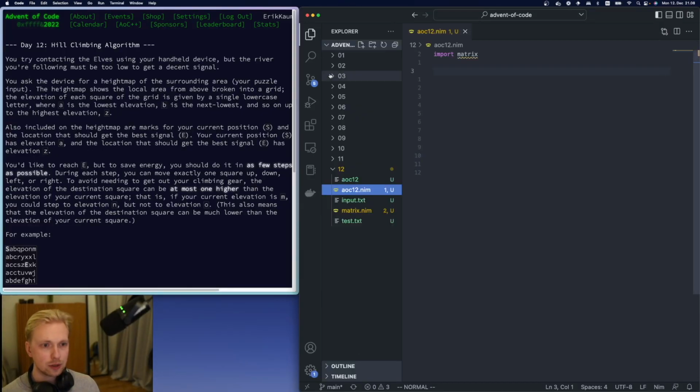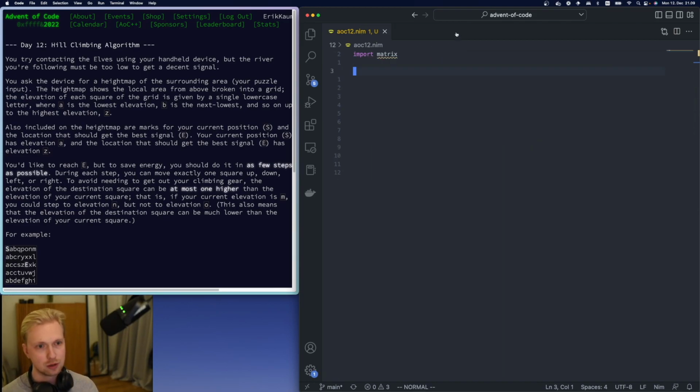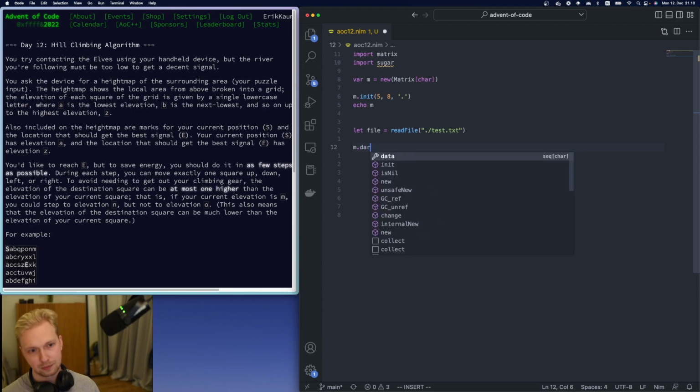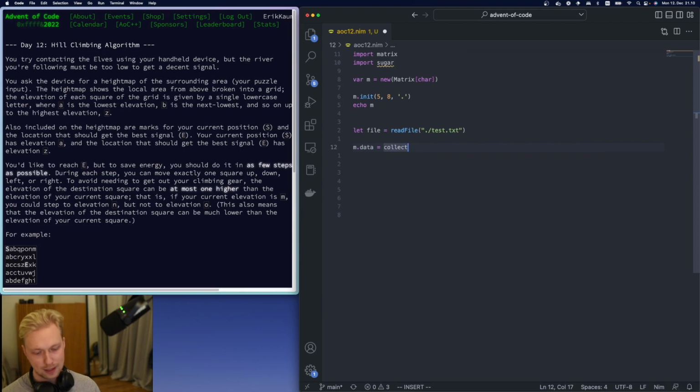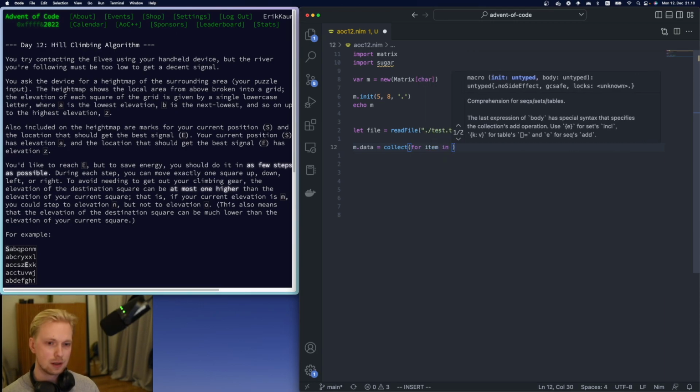Let's get coding. So I've imported the matrix library that we've used previously. This is what we've been building on, and it makes sense to use this because we're dealing again with a two-dimensional structure. m.data equals collect. So collect comes from the sugar module, and then we can say for item in file